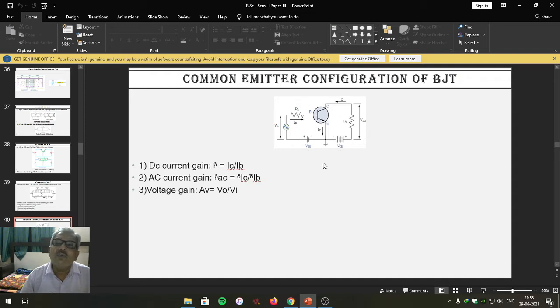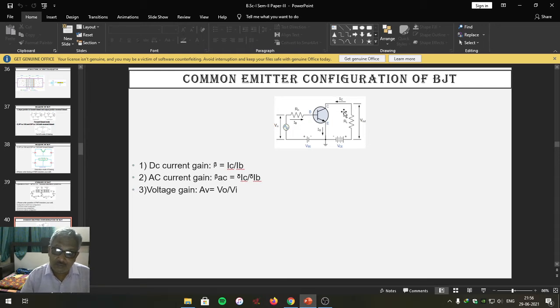Now, how it is going to act as an amplifier? Friends, I do remember input junction is forward biased, output junction is reverse biased. So that's why emitter starts emitting the charge carriers. Emitted charge carrier will pass through the base region. Some will recombine with the holes in the base region, and remaining will be collected in the collector region to constitute the collector current IC.